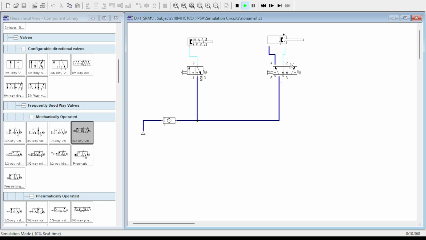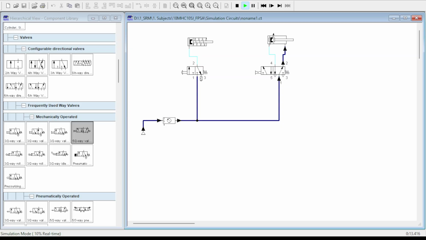Whereas in a double acting cylinder, retraction will happen by air that is supplied to the rod end of the cylinder and escaping of cap end air out of the cylinder. You can see that air flows from port number 2 into the rod end of the cylinder. It exerts pressure, and the air that is occupied in the cap end of the cylinder comes out. So this circuit gives a simple direct control of a double acting cylinder.